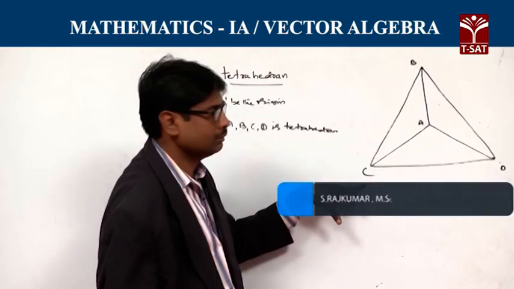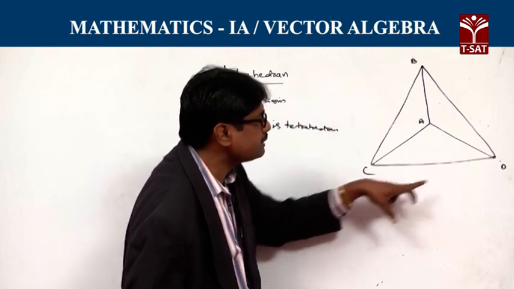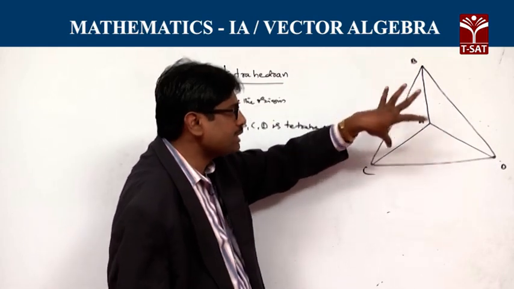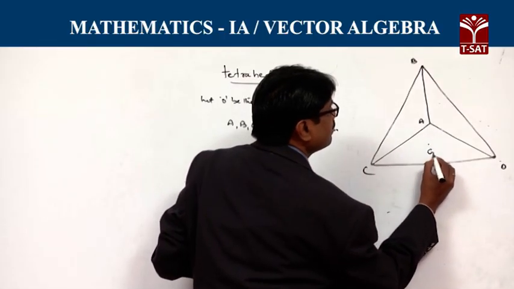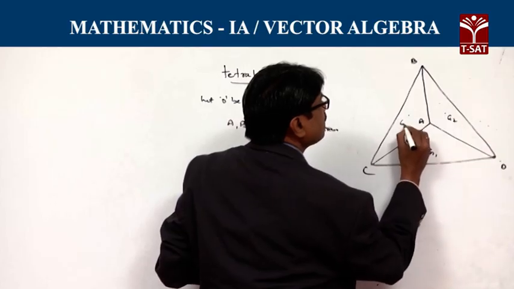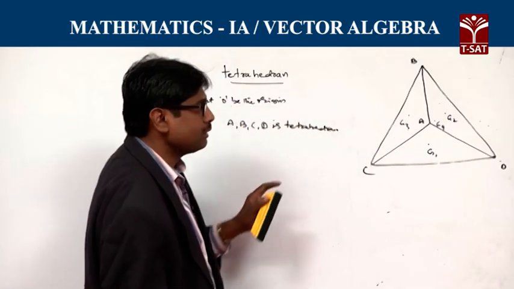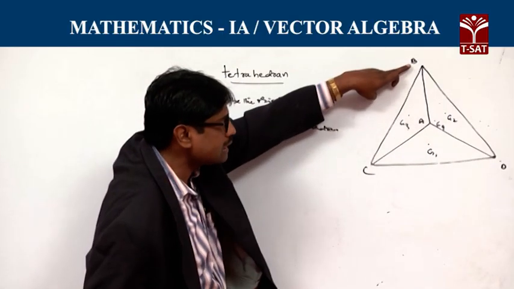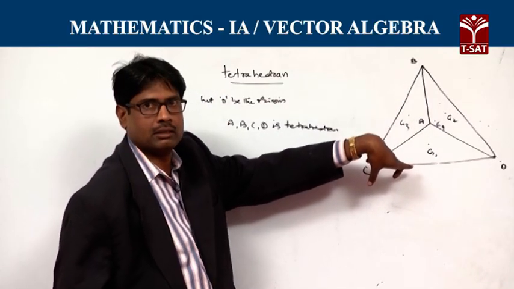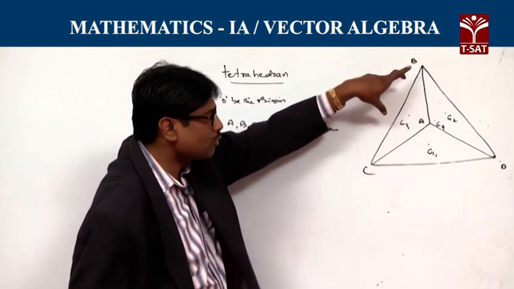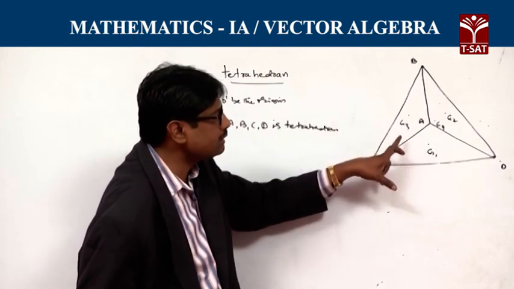ABC is one triangle, ACD is one triangle, ADB is one triangle, and CDB is the other triangle. For these 4 triangles, we can define 4 centroids, G1, G2, G3 and G4. The line joining the opposite vertex to the centroid of the triangle, that one we call the median of the tetrahedron. As it is a space concerned, you can't see this median. BG1, CG2, DG3, AG4 will